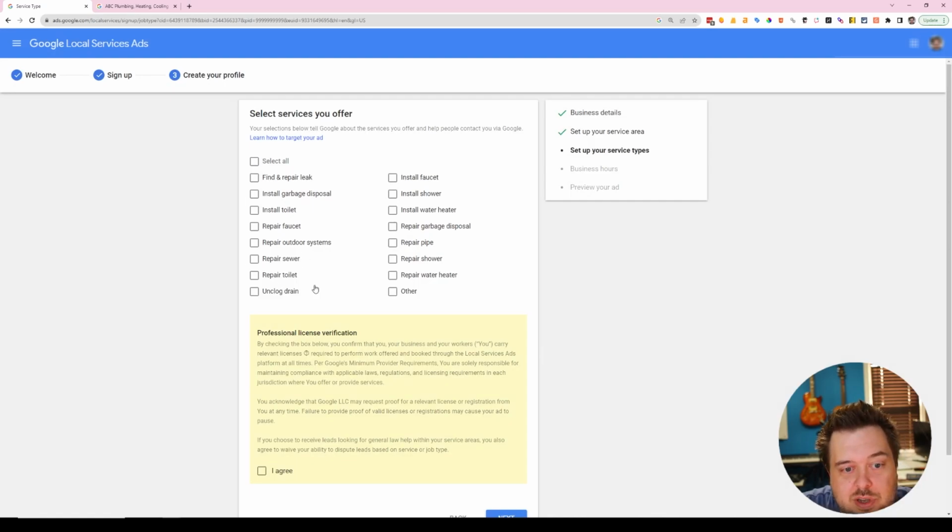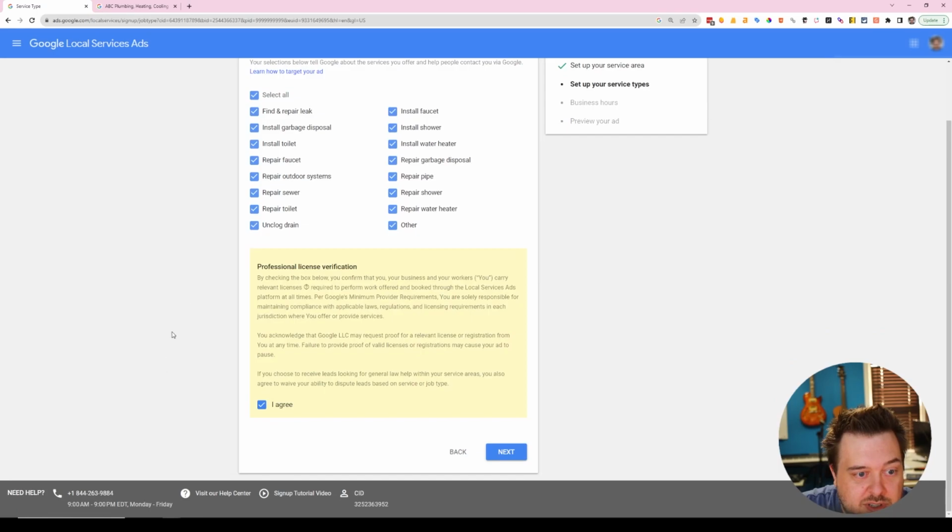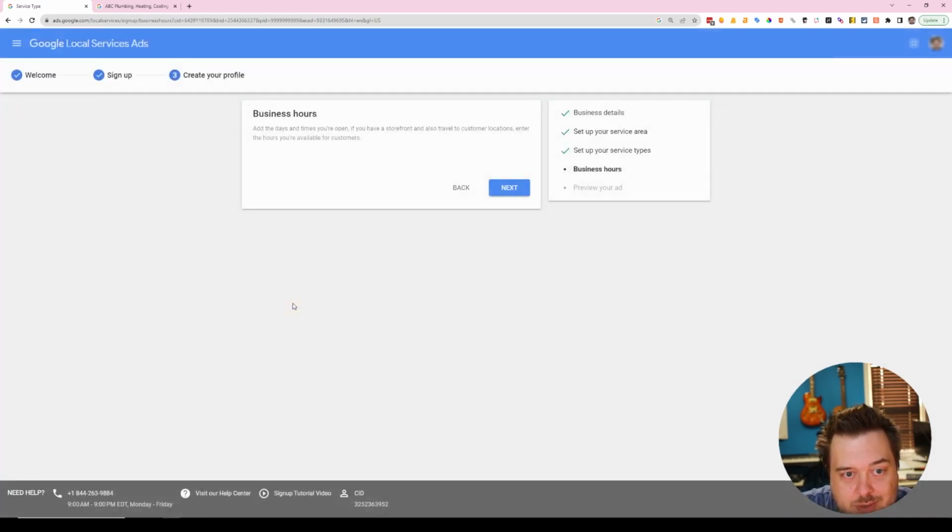Now you get to choose all the different things that you are willing to service. So I mean, you could just do select all. Confirm that you and your workers carry relevant licenses required to perform and offer work offered and booked through local service ads. So you have to check that to continue. So I'm just going to do it even though